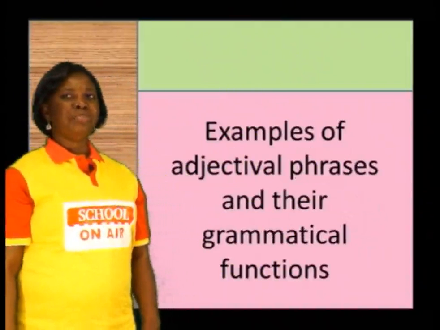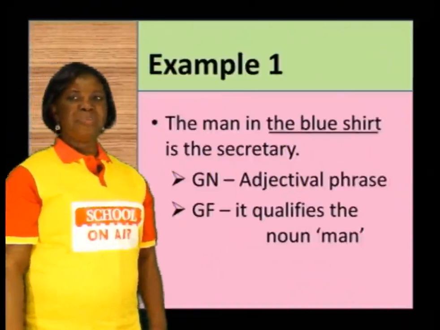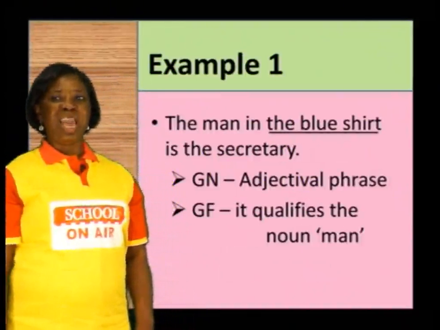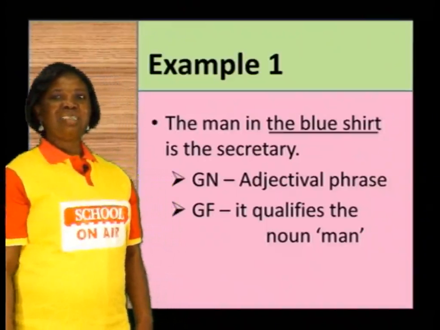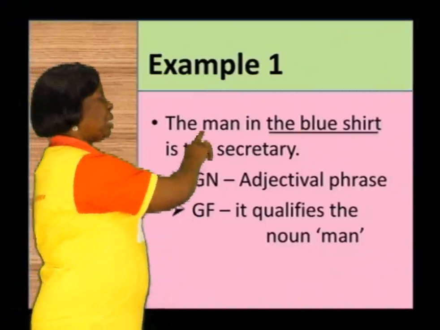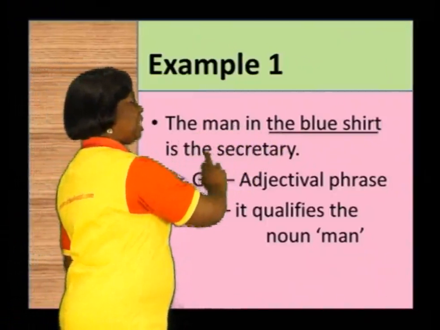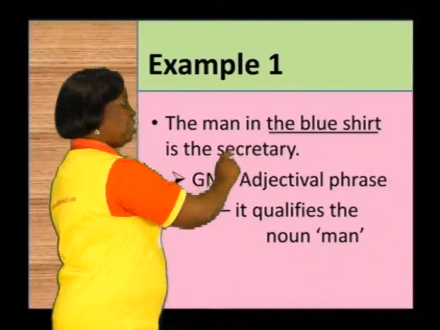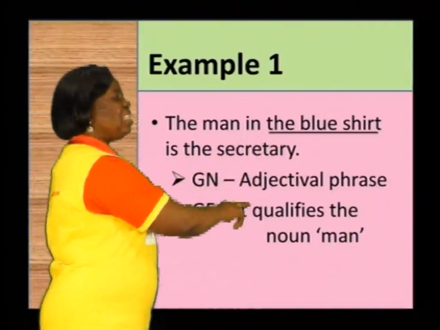Now, we're going to look at many examples of adjectival phrases and their grammatical functions. Remember, I told you earlier that the grammatical name is the GN, while the grammatical function, the GF, is the function that item is performing in the sentence. So, example 1: The man in the blue shirt is the secretary. The underlined expression here is in the blue shirt. So the GN is adjectival phrase, and the GF is it qualifies the noun